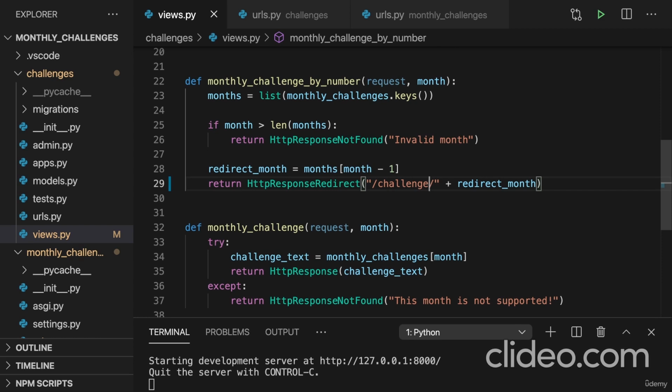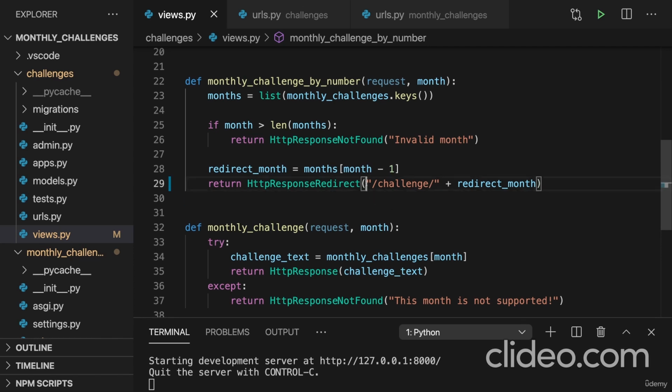And even worse than that, some small errors might then slip through, and we might change the URL in one part of our project, but not in all other parts, and we might not even detect this error until we deployed our application and visitors are actively facing that error. And that's of course something we want to avoid. Of course, we can avoid such errors by thoroughly testing everything, by searching for usages of /challenges, but it would